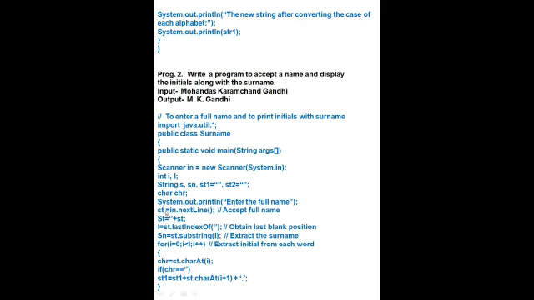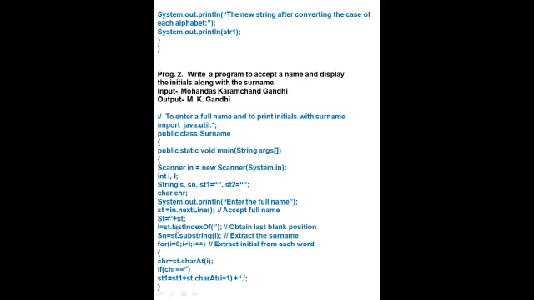Then we will write the data type of that string: st is equal to in dot next line. This is to accept the full name string. I am writing accept full name here to make it easy to understand. Then st is equal to blank, character blank, plus st. It means if we are taking m, then m will be here, then plus st, and the rest of the string will come here. Then we will find the length.